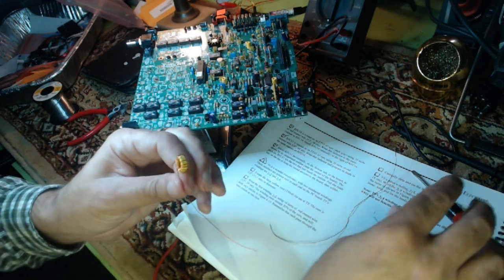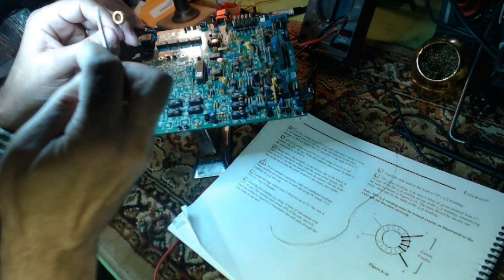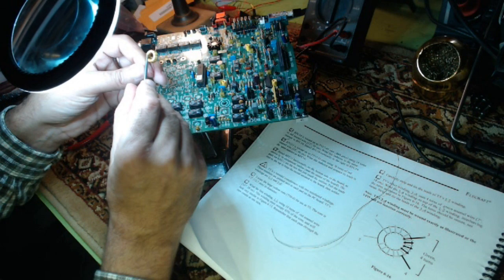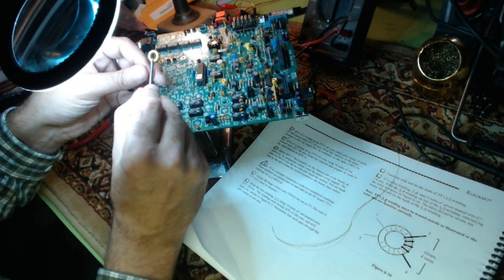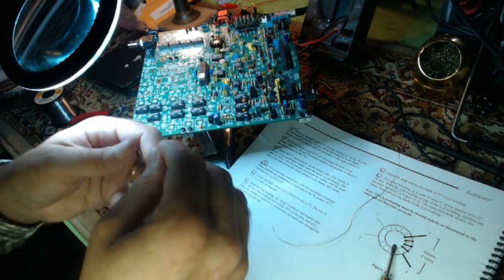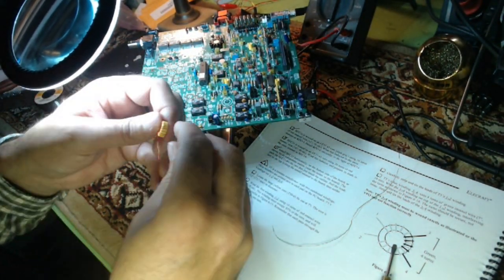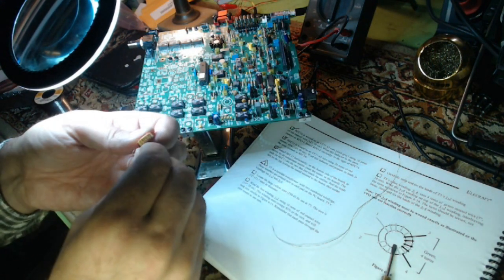Time to recount them. I'm going to do it under my magnifying glass, which is off camera, but 1, 2, 3, 4, 5, 6, 7, 8, 9, 10, 11, 12, 13, 14, 15. One more. Make 16. Okay. Now,